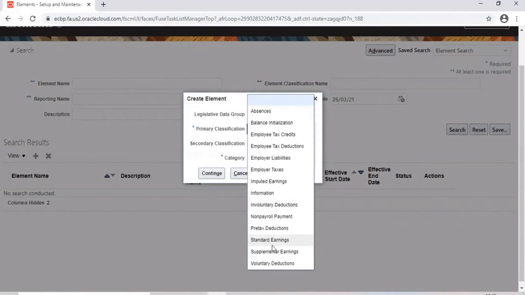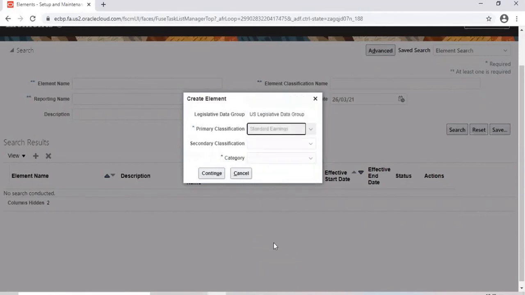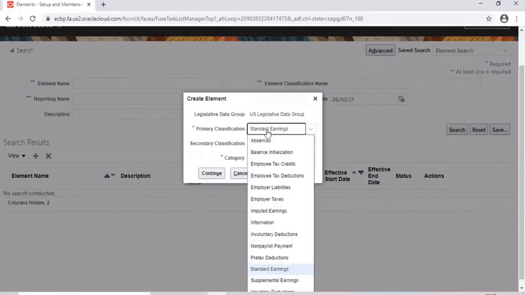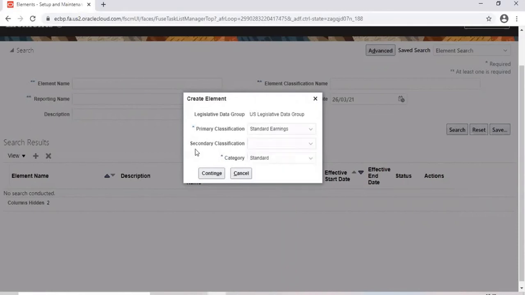If you look at the US, the regular salary is always standard earnings. The category is standard. If I am defining any tax element, it will be under employee tax deduction. But fortunately in the US, as we are going to see in the next class, there is a concept called calculation card.